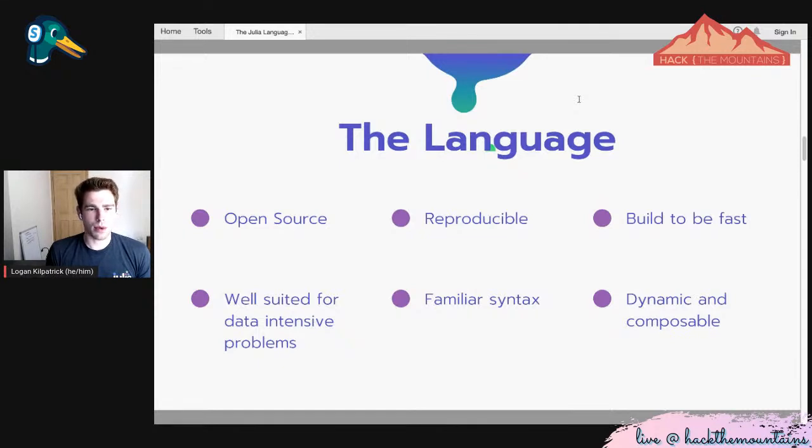The other thing that separates Julia from a lot of other programming languages is that from the ground up, the Julia language was built to be fast. That's fundamentally different, and I have this conversation with folks a lot of the time. You can write fast Python code. It's possible. There's no theoretical reason that your Python code can't be fast. But the challenge is the domains where you can write fast Python code are limited, and you have to write the code in a specific way. You have to go through these hurdles in order to get this end result, which is fast Python code.